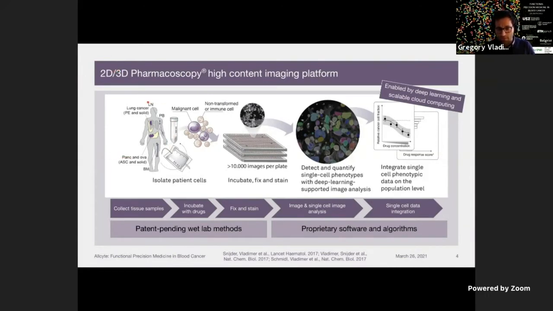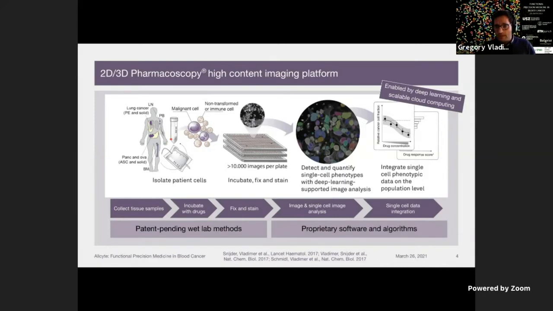So the samples we take are dependent on the indication: lymph node, peripheral blood, and bone marrow for hematological indications; malignant pleural effusion and ascites, so secondary malignancies with cancer cells and recruited immune cells, for solid tumors; and then also now solid tumor biopsies. And I'll get into homogenization in a moment. But for the liquids, at least, we do Ficoll density gradients or low-speed spins, but no outgrowth or selection or